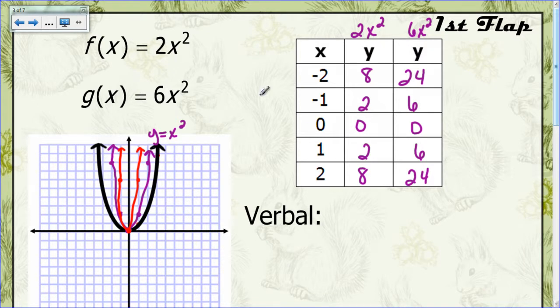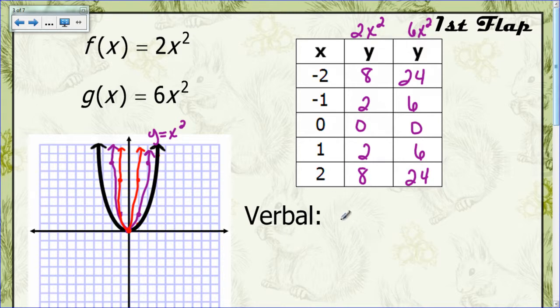And so what you should notice is that when I went from 1x squared to 2x squared, my parabola got skinnier. And when I went from 2x squared to 6x squared, it got even skinnier. And so when I'm just dealing with an x squared and I change the value of a, so I change the number in front of x squared,